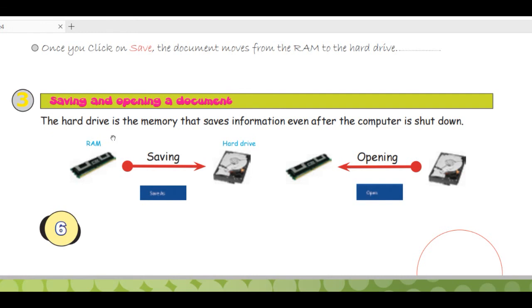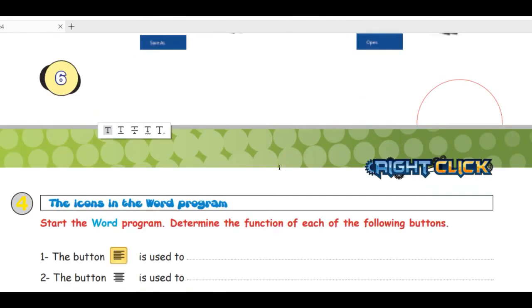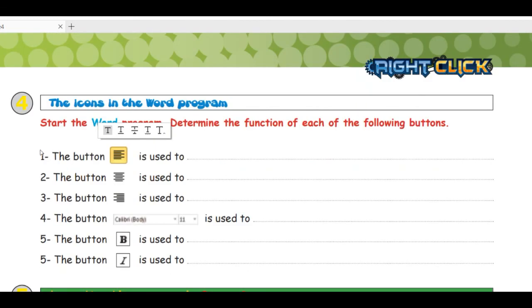Here we see that if we execute the command save, information will pass from the RAM to the hard disk, and if we execute the command open, it will be reversed. Here on the second page, you will ask students to see if they remember the main button to the format